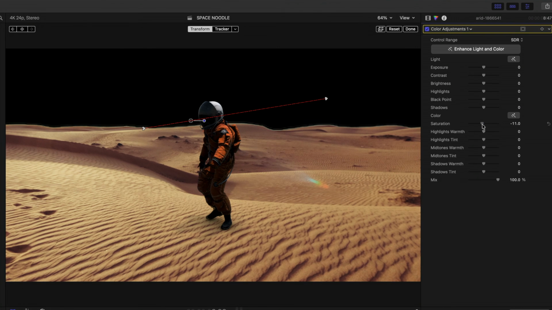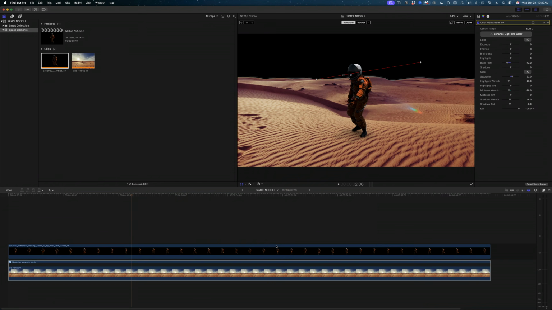So I'm going to add the color adjustments. I'm going to crank up the saturation, but cool off the tones on our planet. And maybe I'll pull down the black point for a little more contrast as well. Okay, I'm going to leave that there for now, but I do want to add a little bit more depth